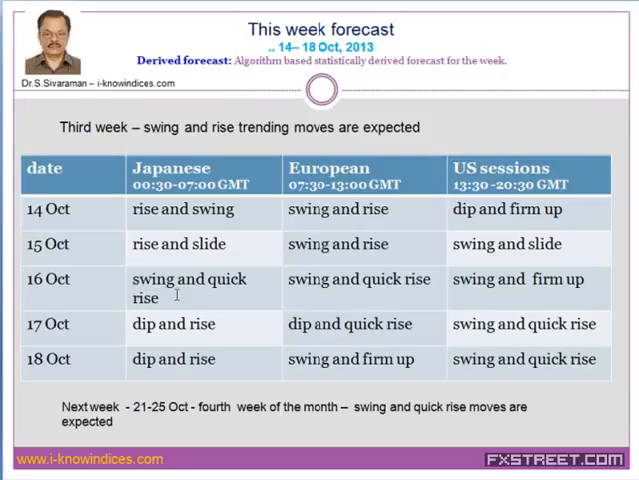Then 16th, the penultimate date for the ultimatum, they are expected to make a swing and quick rise during the Japanese and the European session. And everybody will be thinking that this rise could be for a big drop. And they are expected to make the swing and firm up during the US session. And on 17th, after the gain, they are expected to make a small dip and then rise. And during the European session, a small dip and then quick rise and swing and quick rise during the US session. And everybody will say that the shutdown story